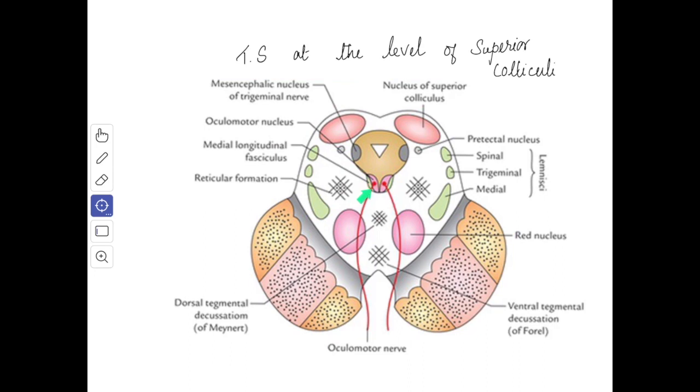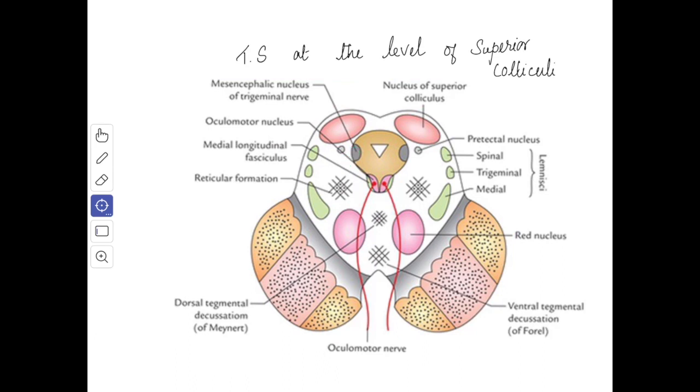The emerging fibers of the oculomotor nerve pass ventrally through the tegmentum, intersecting the red nucleus and then the medial part of the substantia nigra, and emerge in the posterior part of the interpeduncular fossa through the sulcus on the medial aspect of the crus cerebri. The mesencephalic nucleus occupies the same position as in the lower part.